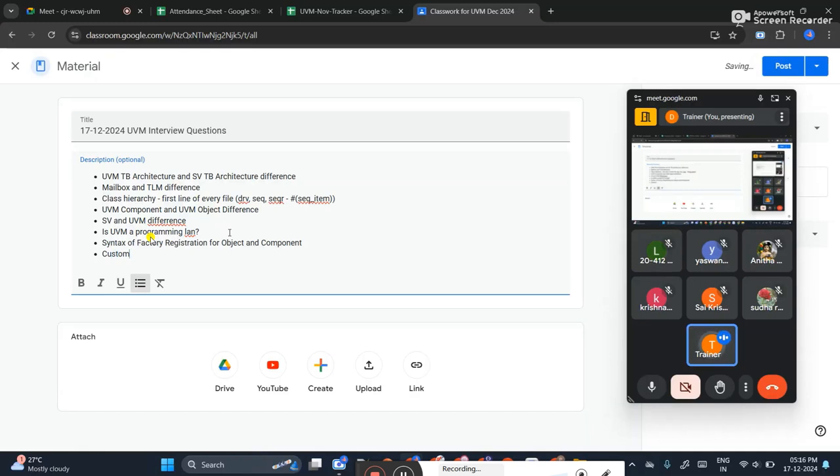What is custom constructor and the syntax of it? Syntax of it for both object and component. Okay, these are your interview questions for today.